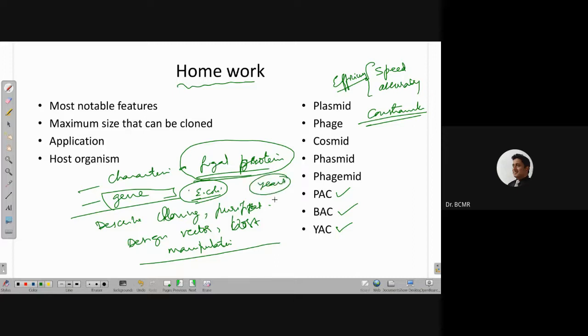If it is yeast, then I should have chosen the vector accordingly. Manipulations may be happening in E. coli and expression would be happening in yeast. So the promoter should be active in yeast. There should be an origin of replication for it as well as within E. coli. You should have known how you're going to select for transformants